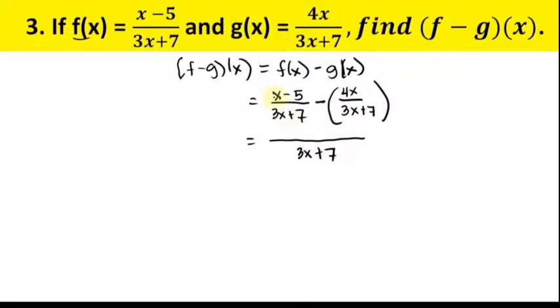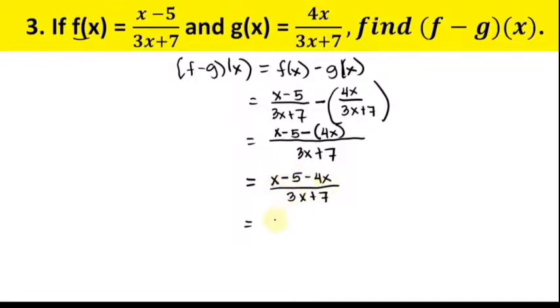Times mo yan sa dito. x minus 5, subtract, that is 4x. 4x. Okay, next you need to simplify. So that is x minus 5 minus 4x over 3x plus 7. So ang answer niyan is ito,